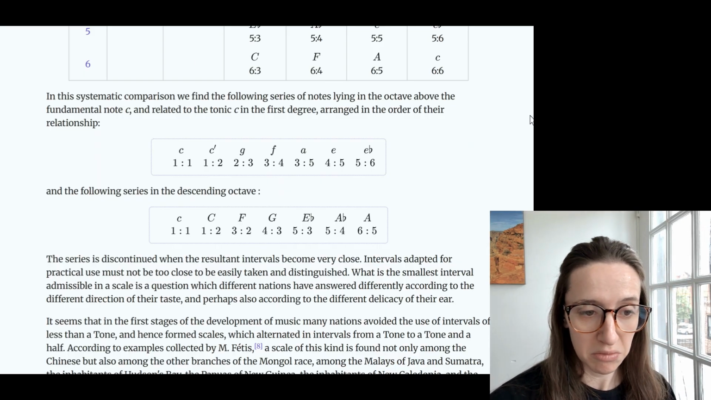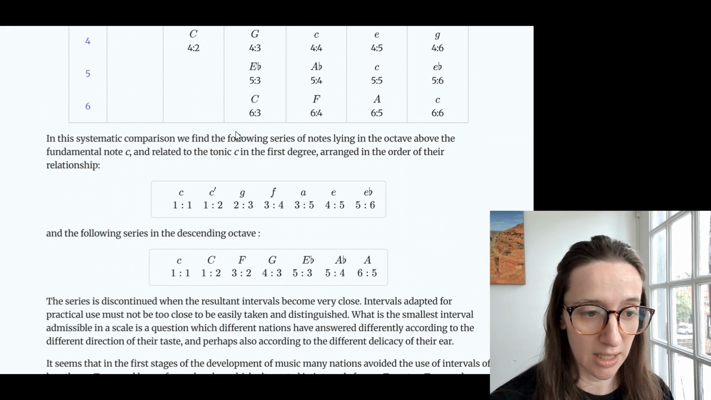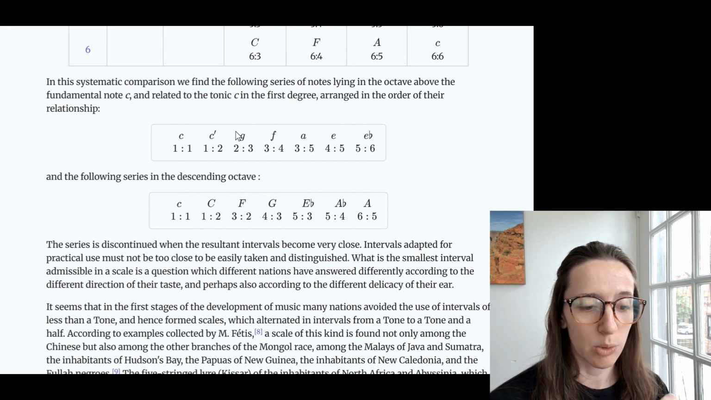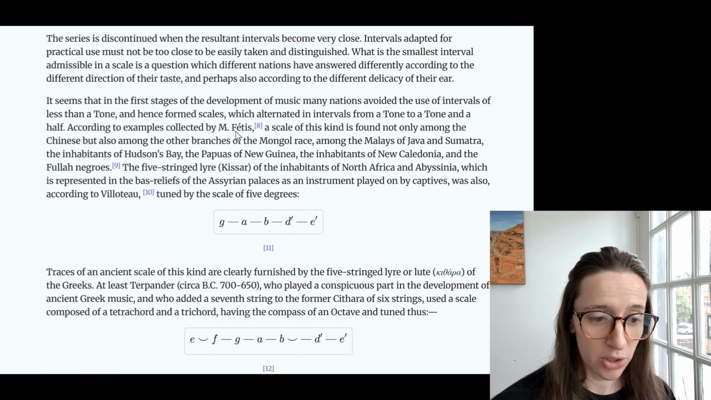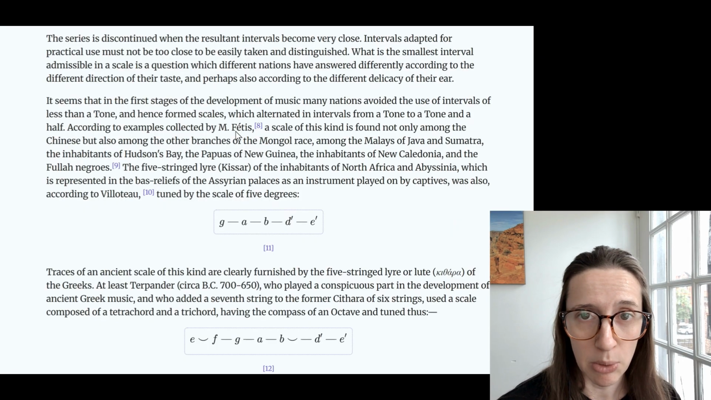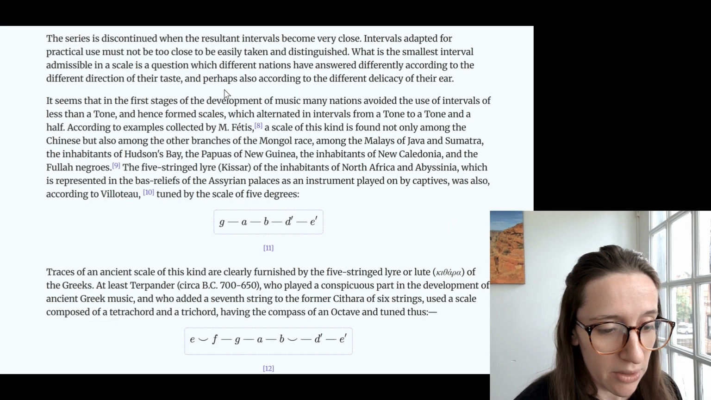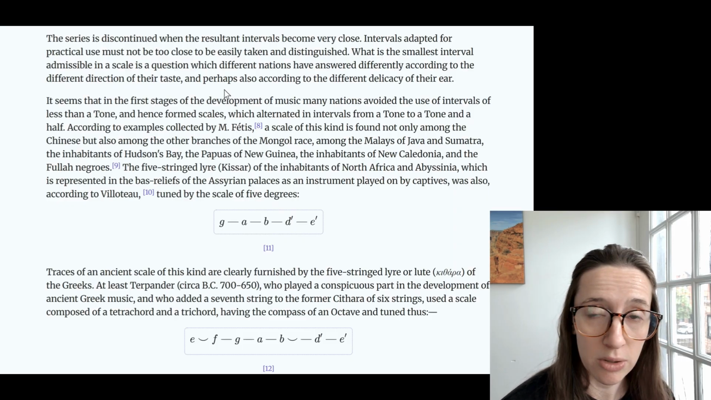Now, we could, of course, continue this table on past the sixth partial, but the resulting notes would be closer and closer to our tonic, which brings us to the question of what is the smallest interval admissible in a scale? Well, in the period of homophonic music, it seems musicians avoided intervals smaller than a whole tone, and here